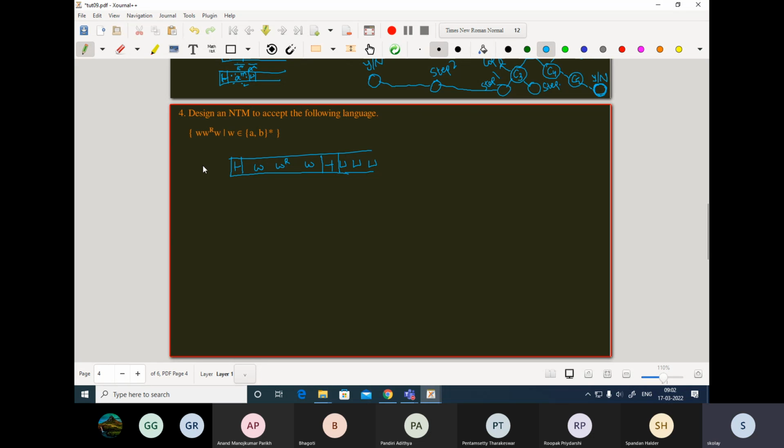So just to be clear, you don't know what W is. You are given some string X and you have to check whether X is of the form W, W reverse, W. So first sanity check is whether the length is divisible by 3, right? Yes, ma'am. Okay, after that,